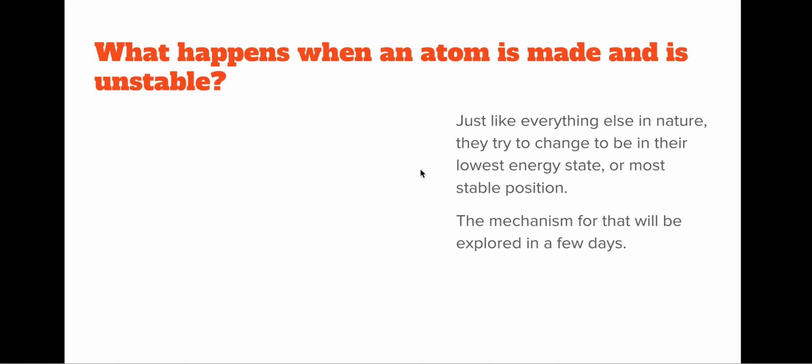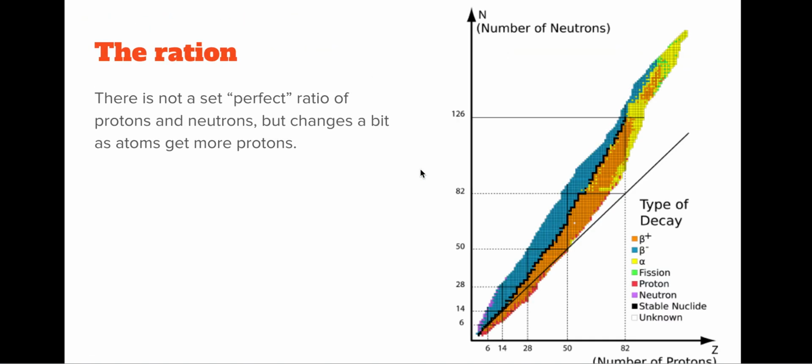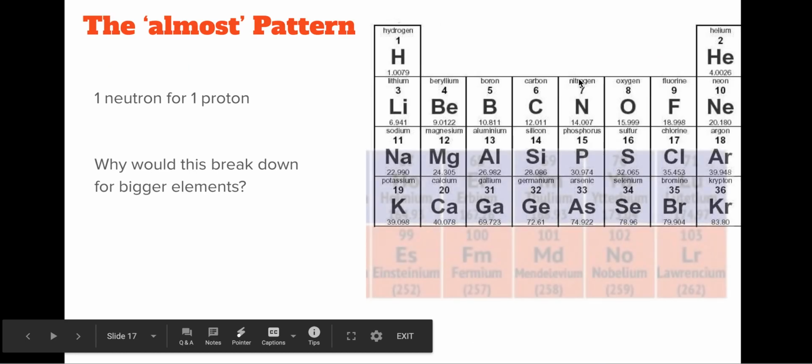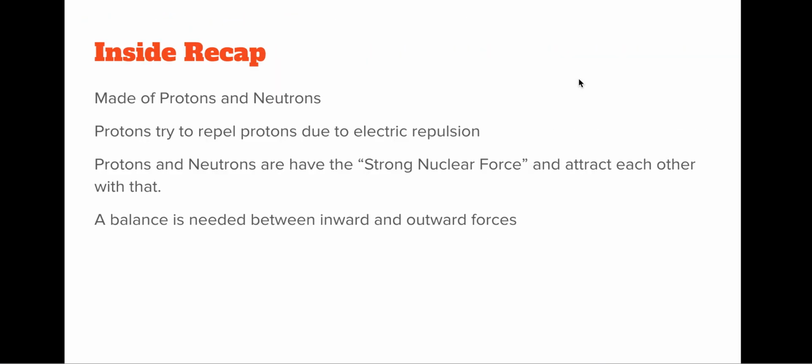Like I said, be able to answer these questions, understand this graph, where beta minus, beta plus happens, when you have too many neutrons, what happens, when you have too many protons, what happens, and this relationship between strong nuclear force and